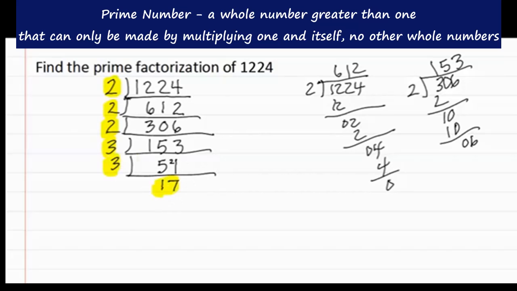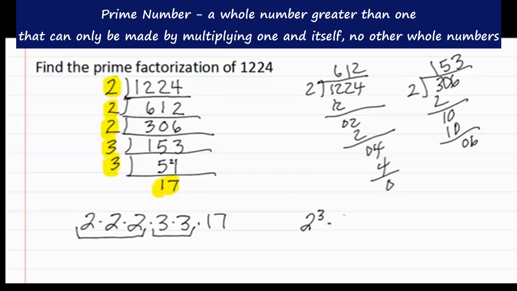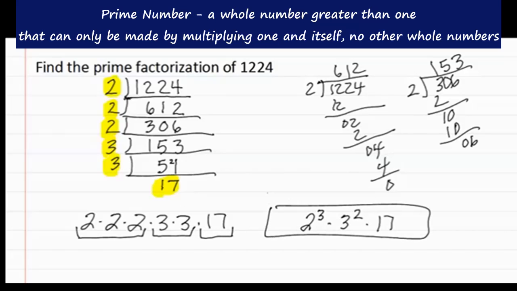If you find any of the numbers you used to divide are not prime numbers, then you have not found the prime factorization. Remember, only divide by prime numbers. We now list them as 2 times 2 times 2 times 3 times 3 times 17. But remember, if there's more than one, we must write them as exponents. So this would be 2 to the third times 3 to the second times 17. We have now found the prime factorization of